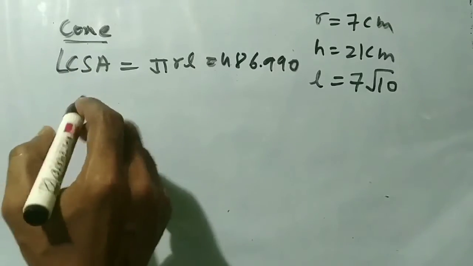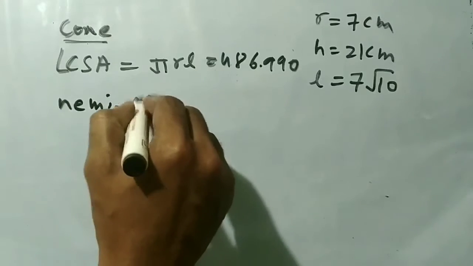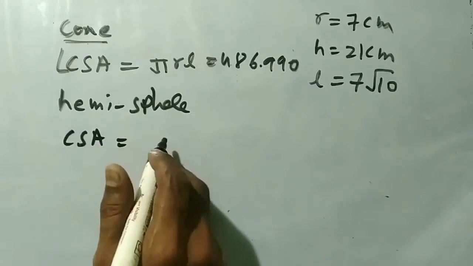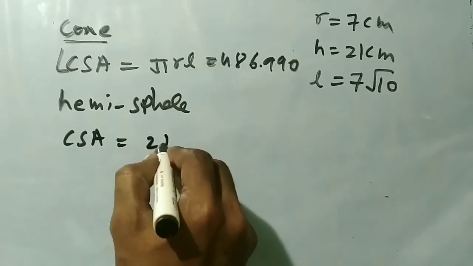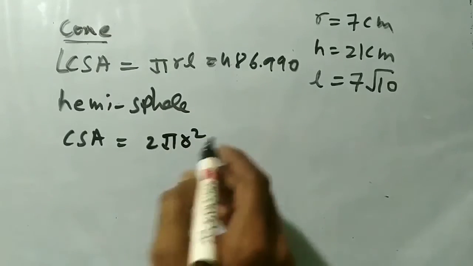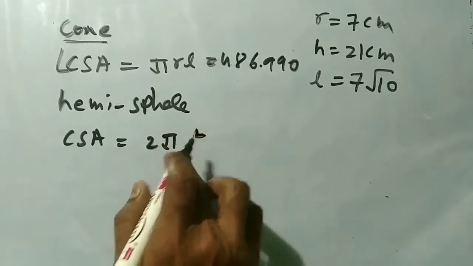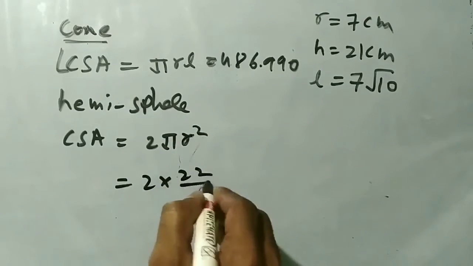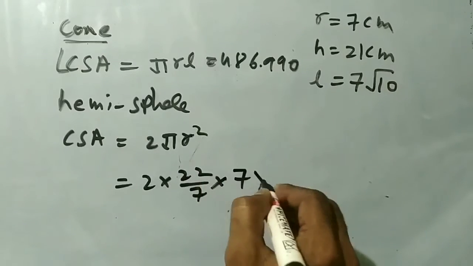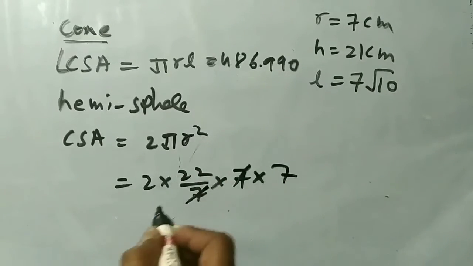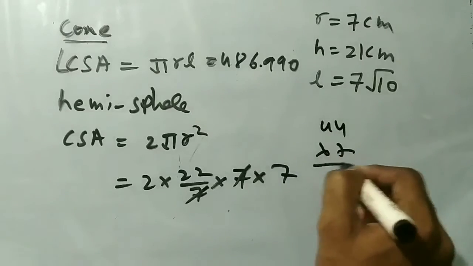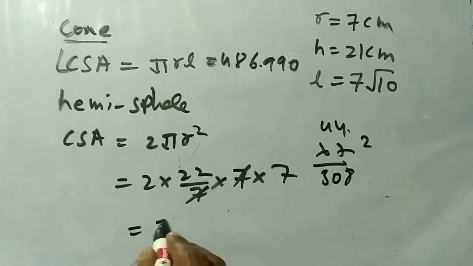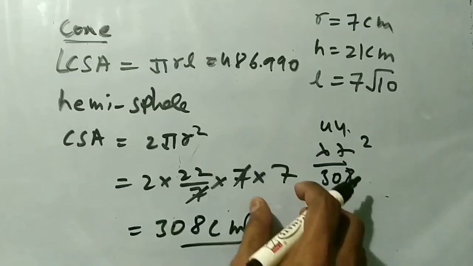Let's find the hemisphere. The hemisphere CSA is 2 pi r square. Two into 22 by 7 into R, which is 7, that is 7 into 7. 7 gets cancelled. 44 into 7: 7 4s are 28 and 28 plus 2 is 30, that is 308. 308 centimeter square is